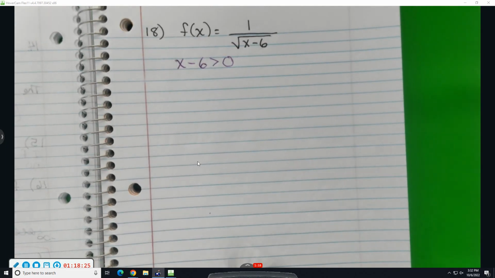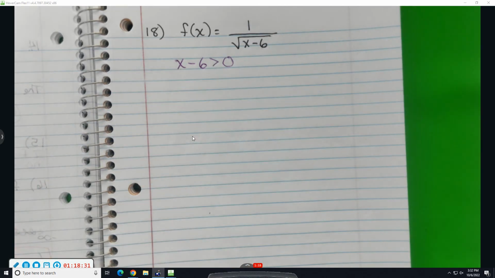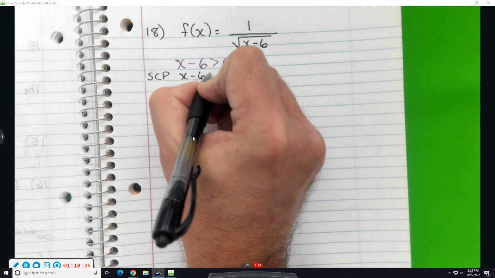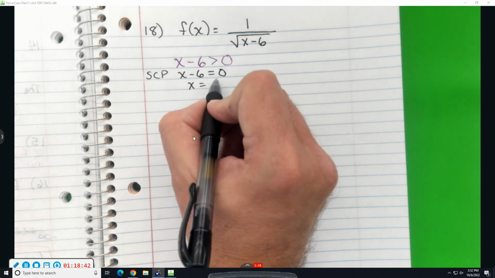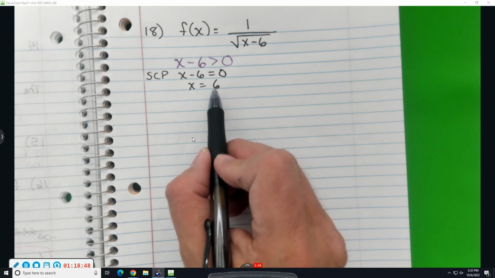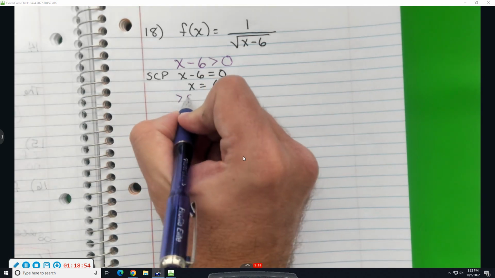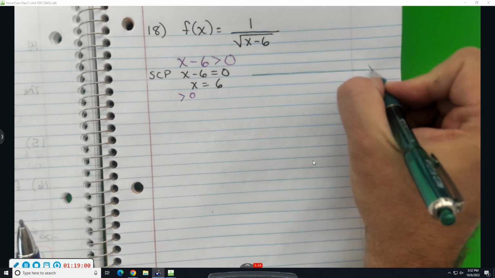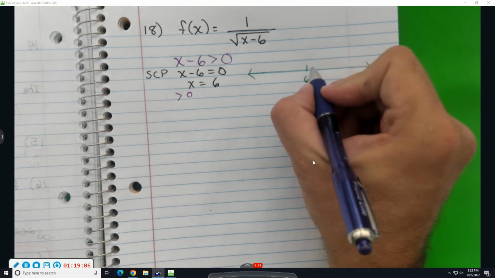if you have a fraction, you say x minus 6 is greater than 0. How would you find the solution cut point? It's easier than anything you did in homework. You would just say equals 0, x would be 6. That's my solution cut point. Open or closed circle? Open. There's the difference between 17 and 18. I would draw my number line, locate 6, open circle,